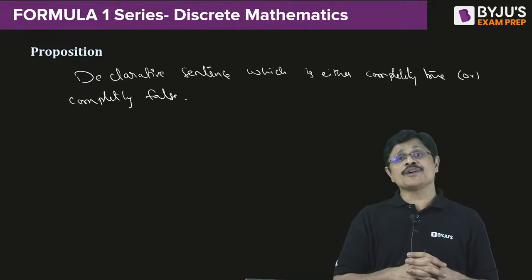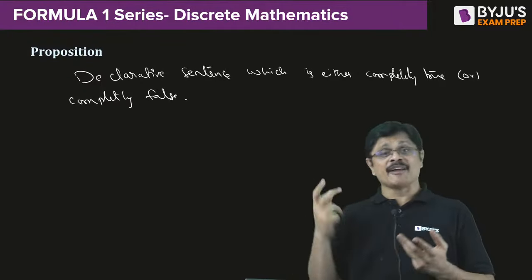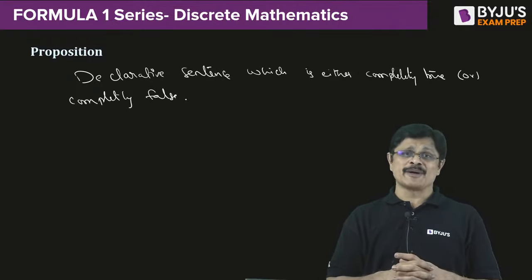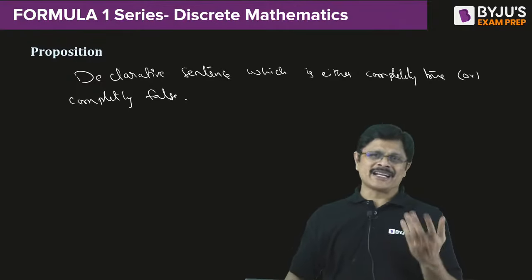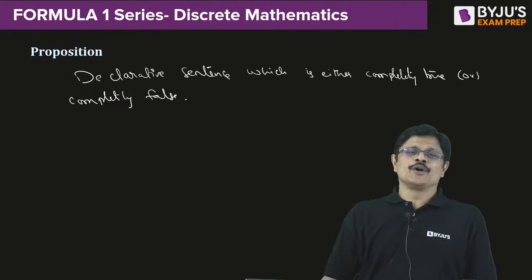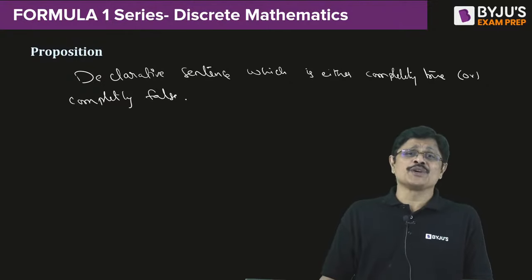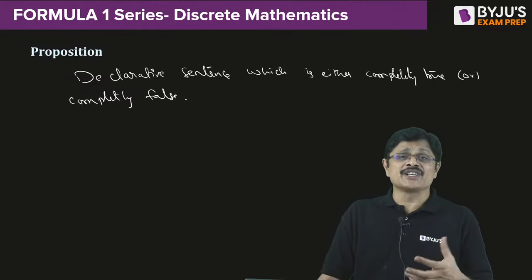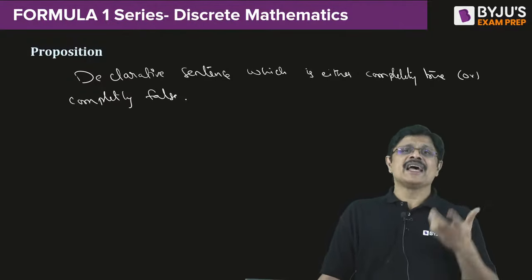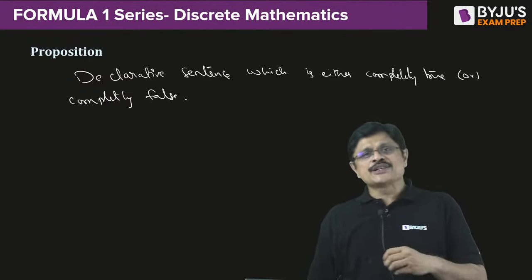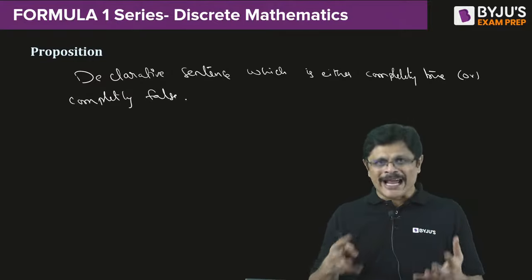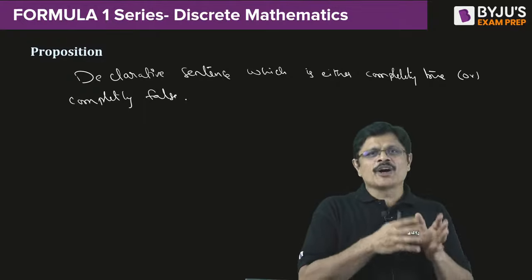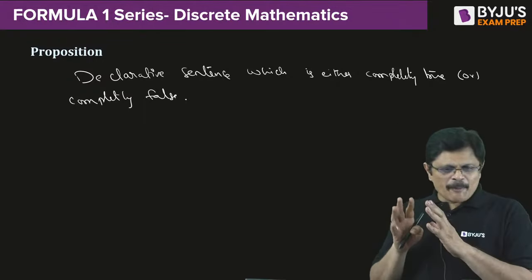And the advantage of these rules is, of course, they can verify the validity of arguments. They can also be used in many places, my dear friends. For correctness of algorithms you can use it. For correctness of programs you can use it. Even in digital circuit design we can use it. That is the advantage of this logic, my dear friends. And for creating these rules we need to create a formal language. Okay, and for that, the building blocks are propositions. See, in propositional logic,